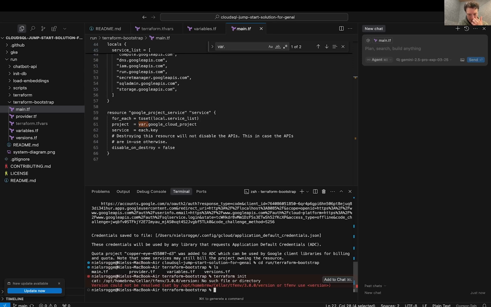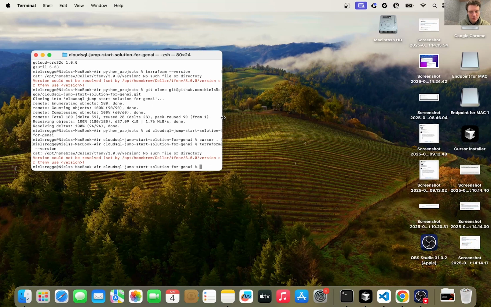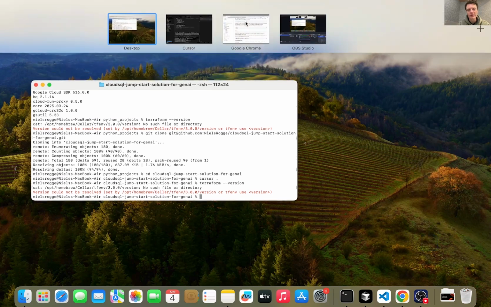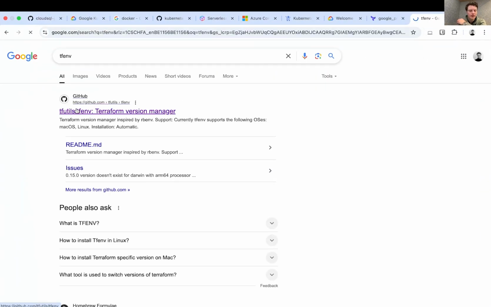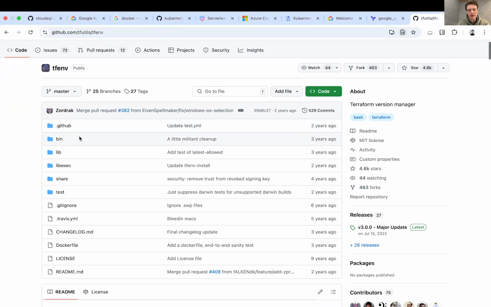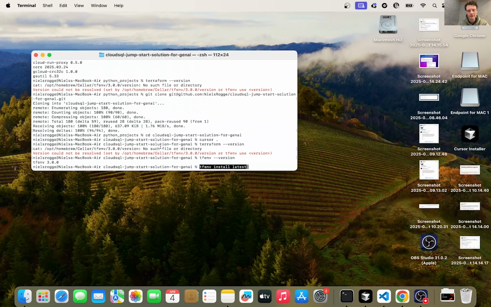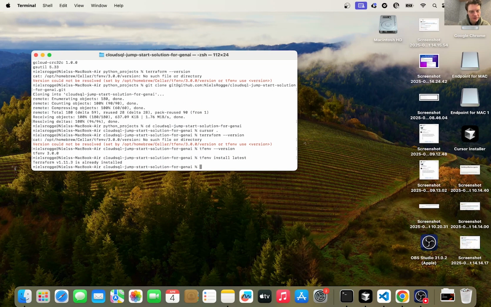But it says that there is no such file or directory. There might be an issue with my tf. There seems to be an issue with my installation of Terraform. So I'm gonna first fix that. For that, let's go back to tfenv, because that's something that I have already installed. Yes, okay. And then here normally you can do tf install and then a specific version. So I'm gonna try to do tf install tfenv. Okay, so they say Terraform version 1.11.3 is already installed. But when I do that,